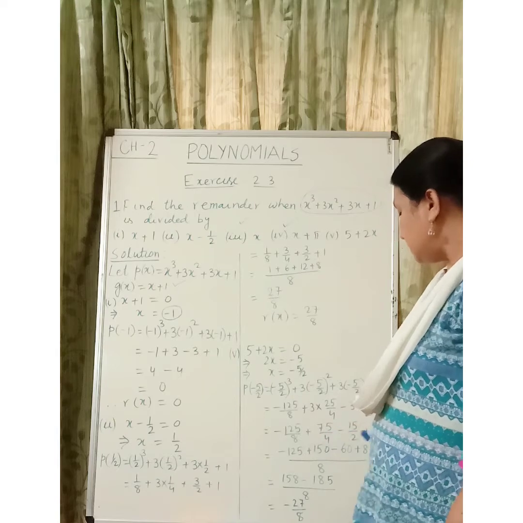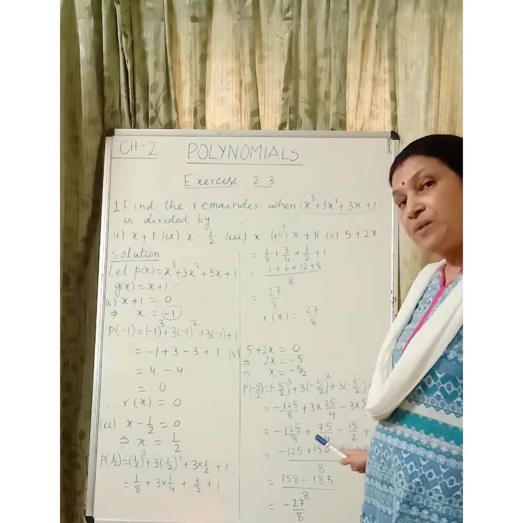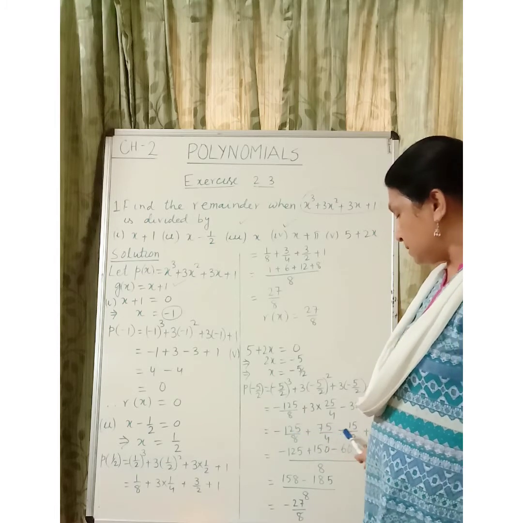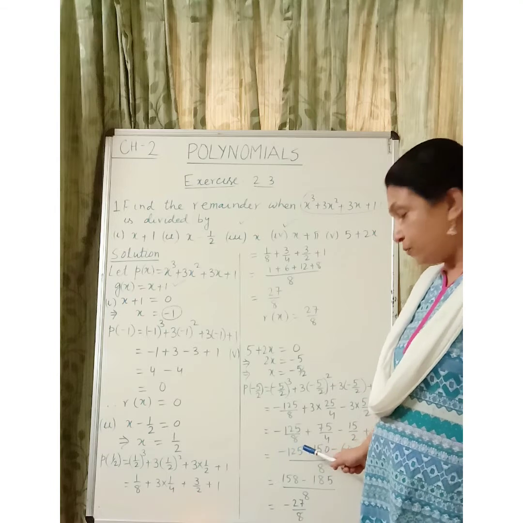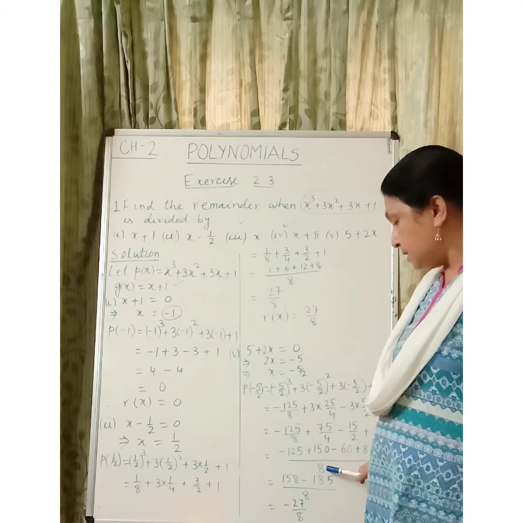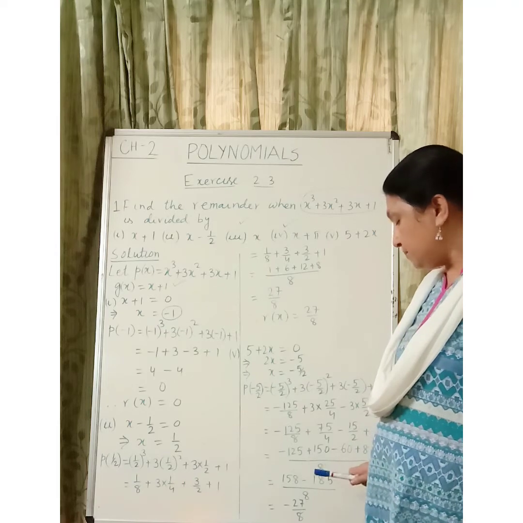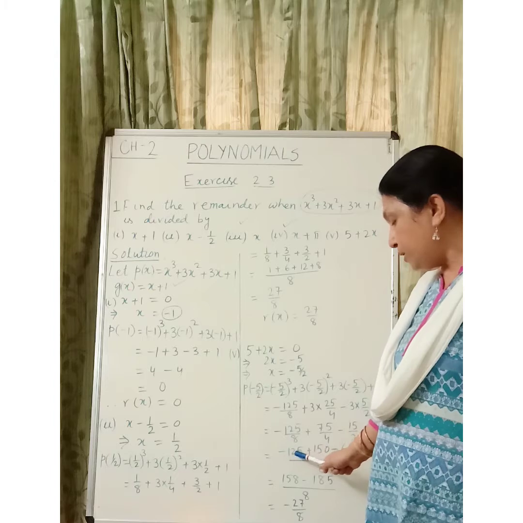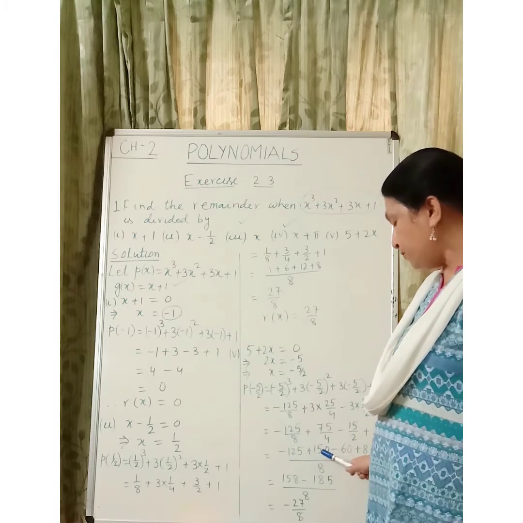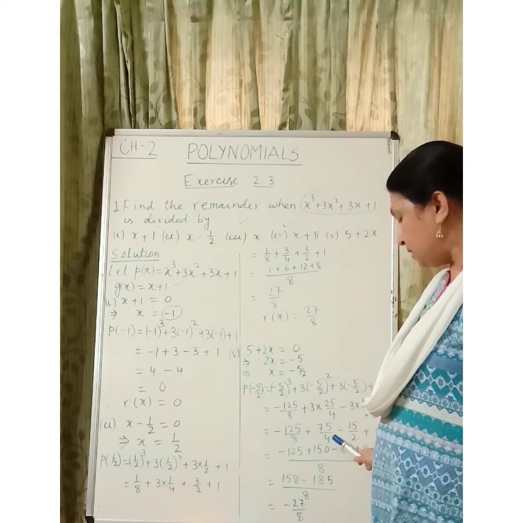And in this you can see 4 fractions. We have to simplify. Some are in addition form and some are in subtraction form. We have to find out the LCM of the denominators, and the LCM of the denominators 8, 4, 2 and 1 is 8. So here for the first fraction we are getting minus 125 plus 150. Why is it plus 150? 4 into 2 is 8.